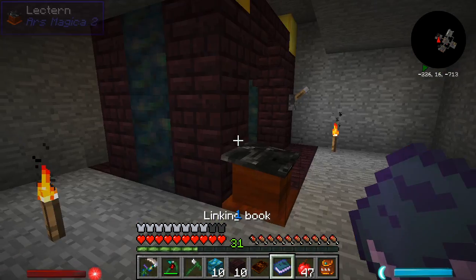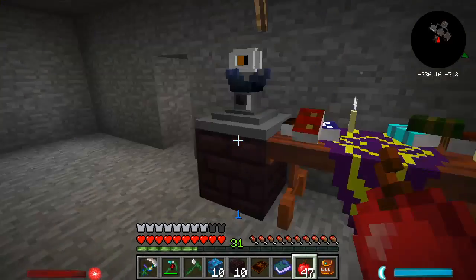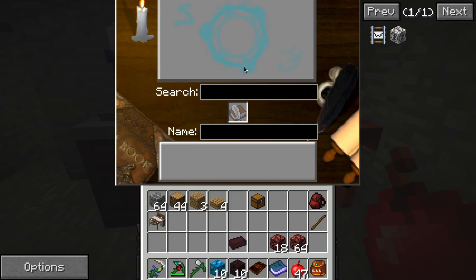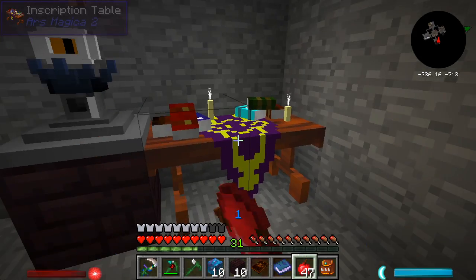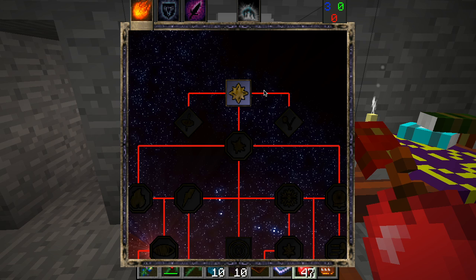Alright, so I finally crafted all the things and put them all down so that we can finally start to play with Ars Magica. Yeah, this is where we make spells, but of course I don't have any spell attributes yet, which is why you have to have the Oculus. If you're not familiar with Ars Magica,